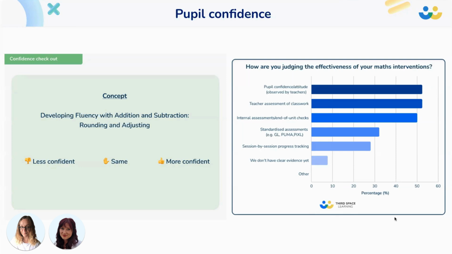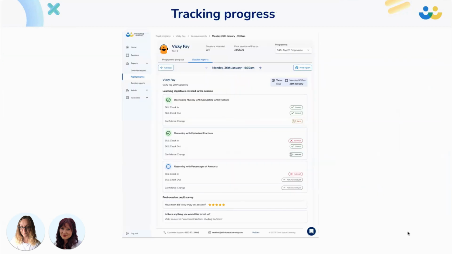Yeah, so that bit is quite subjective. And I think if you want a more objective method, something like these skill check-ins and checkouts are really your concrete evidence of whether pupils are actually secure on that objective. You're not just having to guess based on how you feel it went. It offers you clear data on whether they could do it at the start,